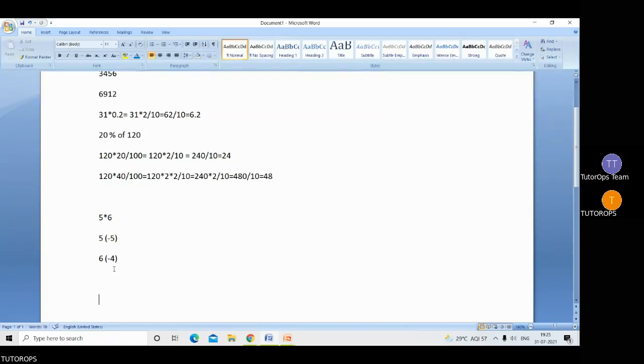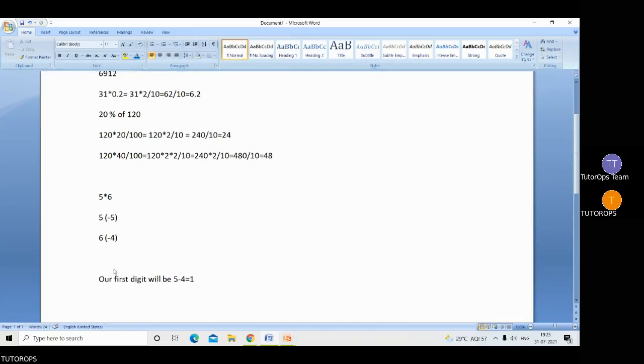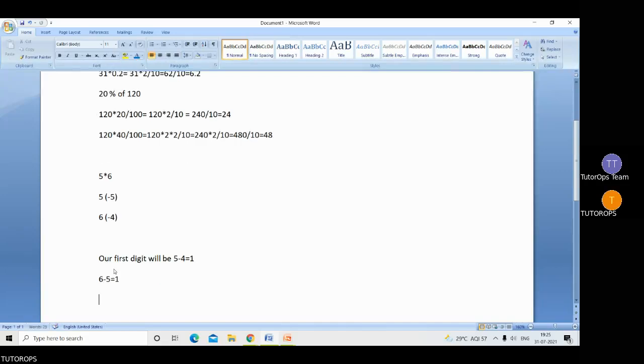So what will be our first digit? That will be 5 minus 4, 1. Or similarly, I can do the reverse way also. That is, from the second I am subtracting the first. That will be 6 minus 5. That is 1. Now remember the first digit will be 1, but for the last digit calculation, that is the second digit calculation, I need to multiply the deficiencies. Now the second digit will be,